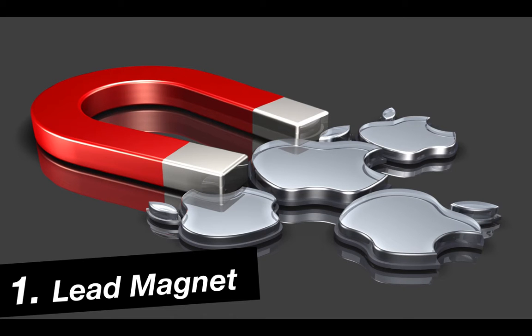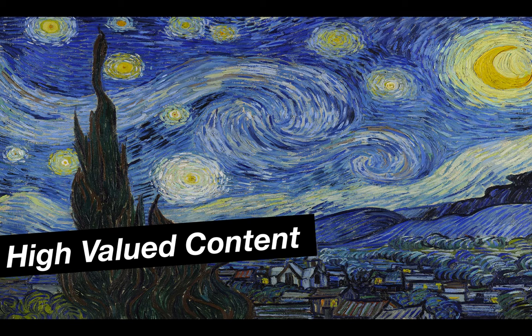So the first thing you need is what we call a lead magnet. Now, what is a lead magnet? A lead magnet is something that goes out there, attracts the person, your prospect, gets them interested, and then they take a next step with you. It could be a number of different things that attracts them in terms of taking the next step with you, and I'm about to share some of them with you right now.